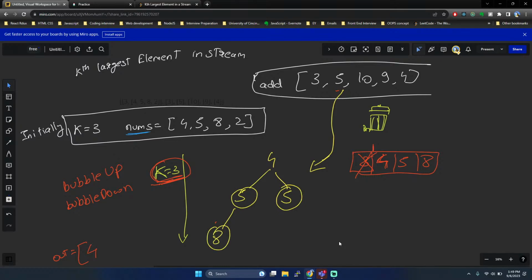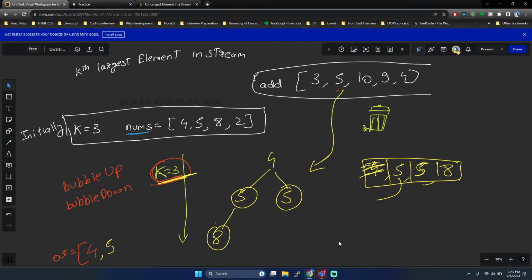So our array will look like this: 4, 5, 5, 8. But wait a minute, we are crossing the k value, k length, so we need to pop the topmost element, which is the smallest element, to satisfy the condition. So we pop this and then return 5. This will change our structure to